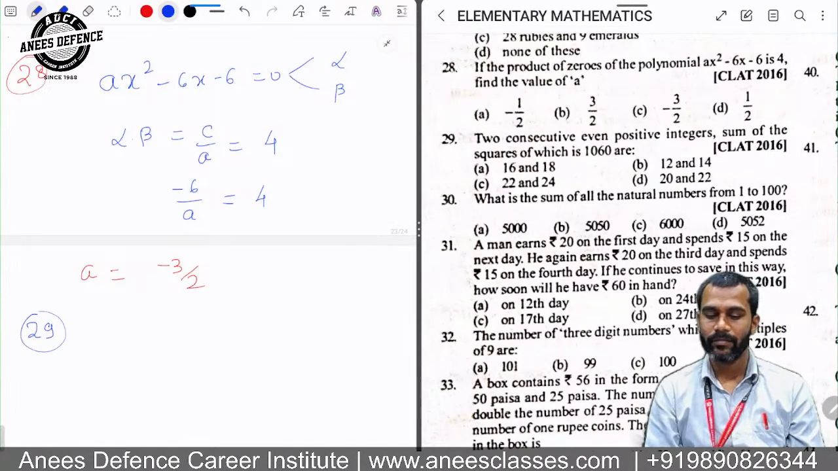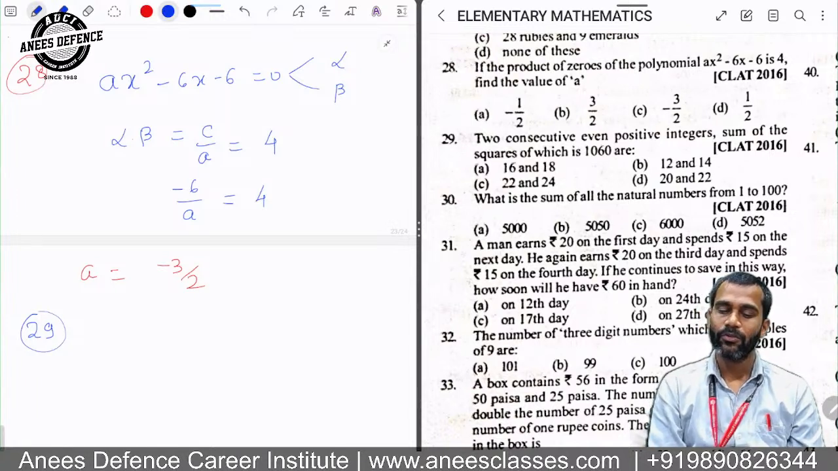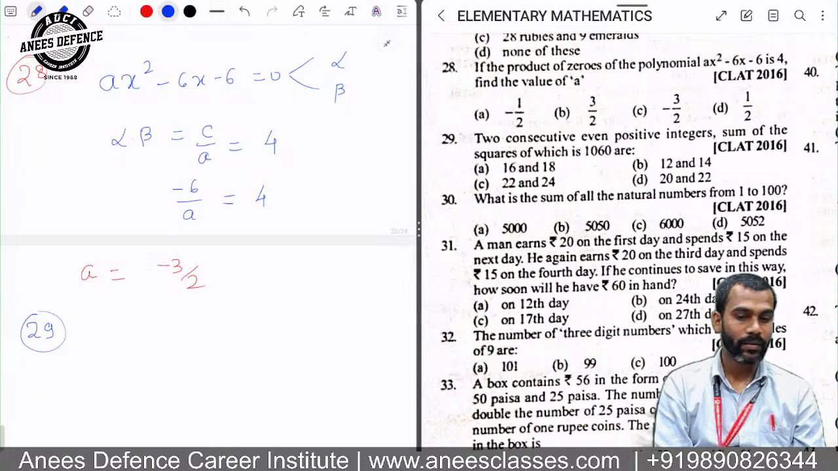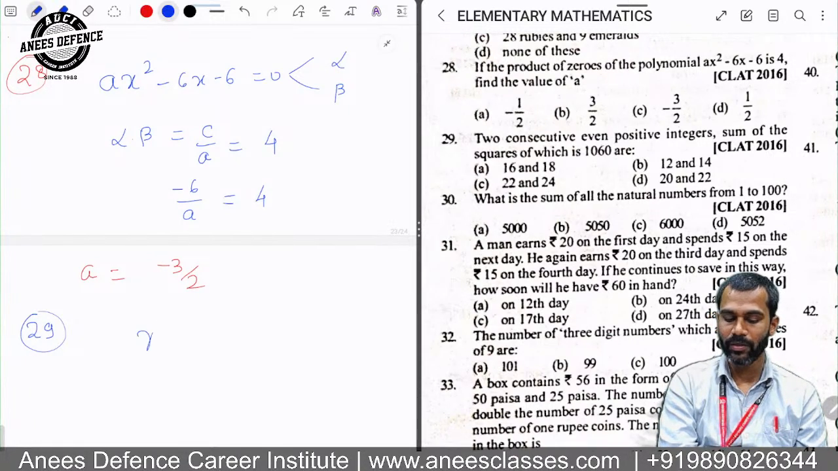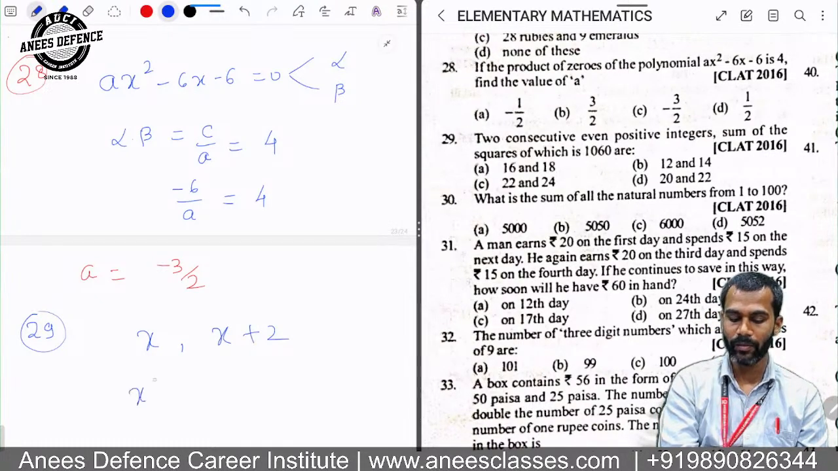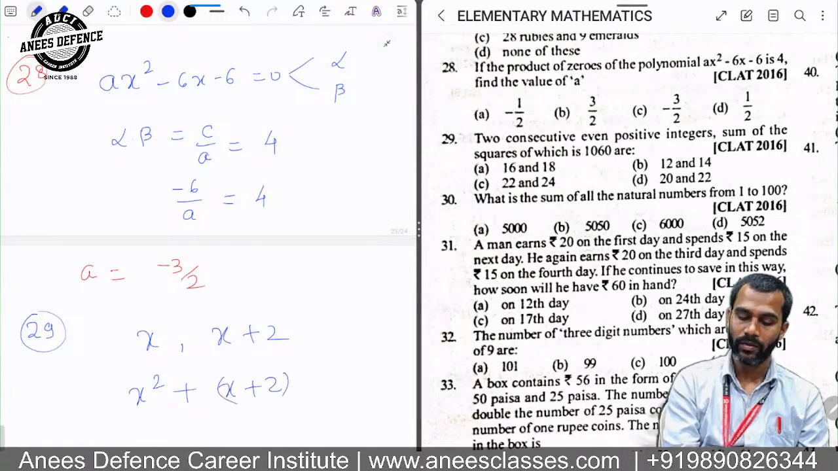29. Two consecutive even positive integers, sum of the squares of which is 1060. Very easy. You can use the options as well. Yes or no? Or traditionally, how can we solve? Two consecutive even numbers, x and x plus 2. So let the two consecutive even numbers be x and x plus 2. Then sum of the squares: x square plus x plus 2 whole square, that is equal to